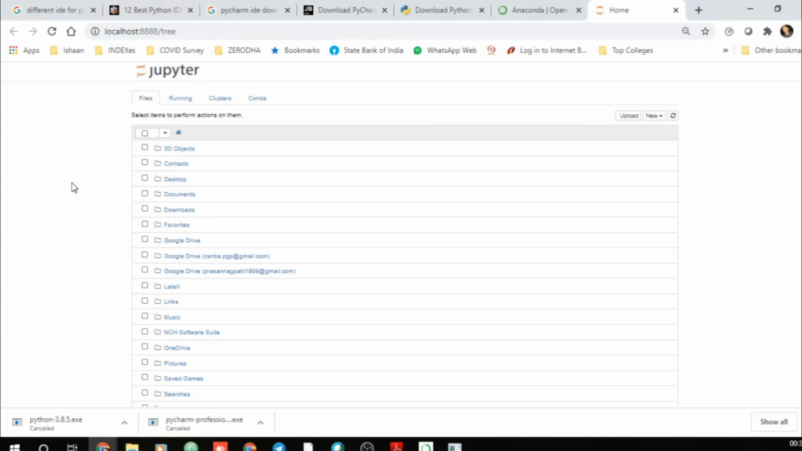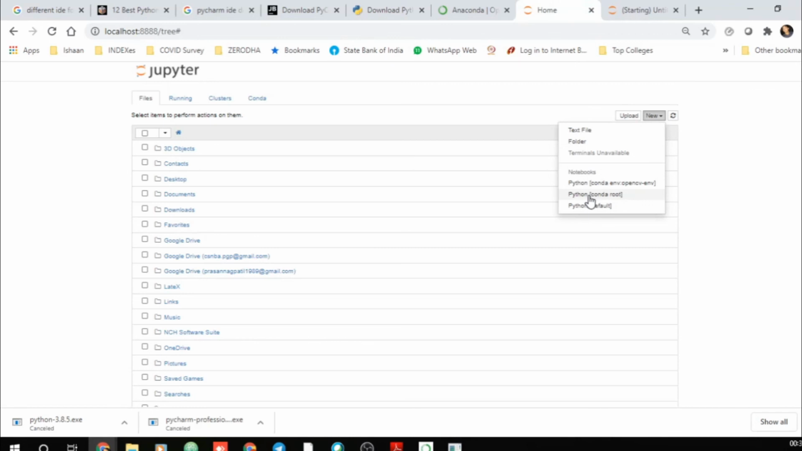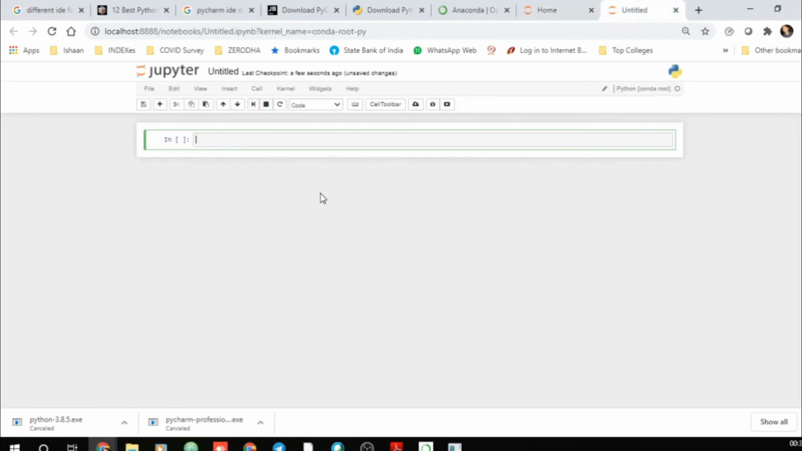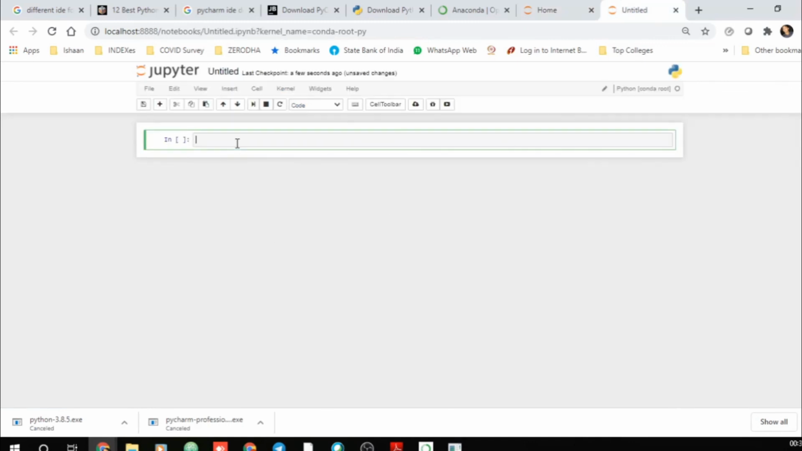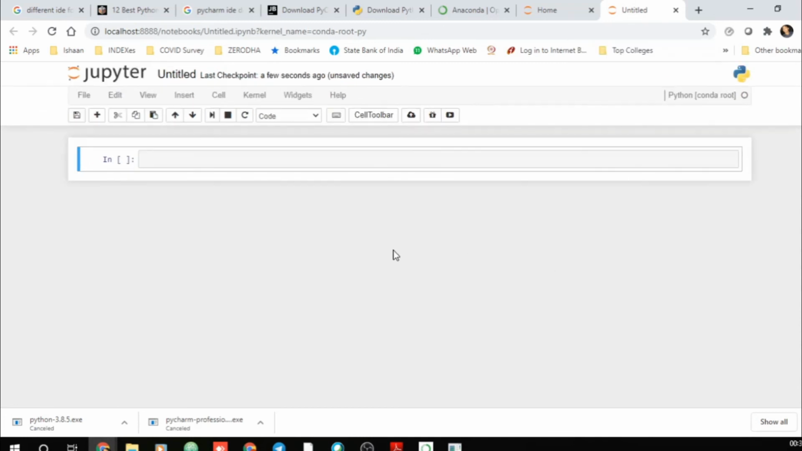Once I get this tab, I just need to create the compiler. Okay, new. What I'm doing is clicking new, and creating Python conda root. So once you click on this, a new tab will be opened. In the new tab, we have got a cell here, a cell, a block,